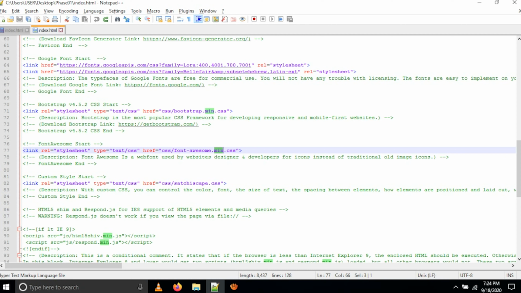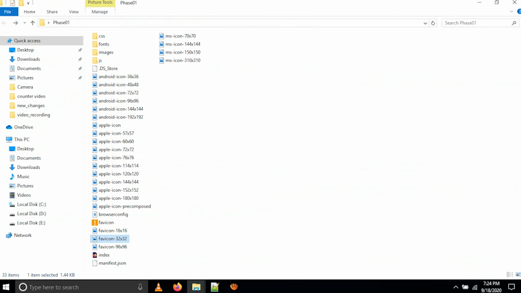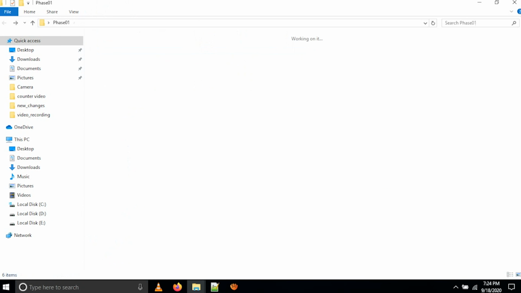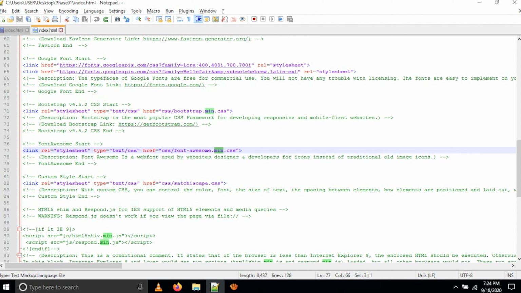If we have the icons, we can use the font icons, so that your loading time is also not affected. That's why we are using the Font Awesome min file. In the root folder I showed you the Font Awesome. In the fonts folder the Font Awesome files are also there. Okay, for that purpose we are using the Font Awesome min file. Min is for minimized, we are using it because of the speed of your website.